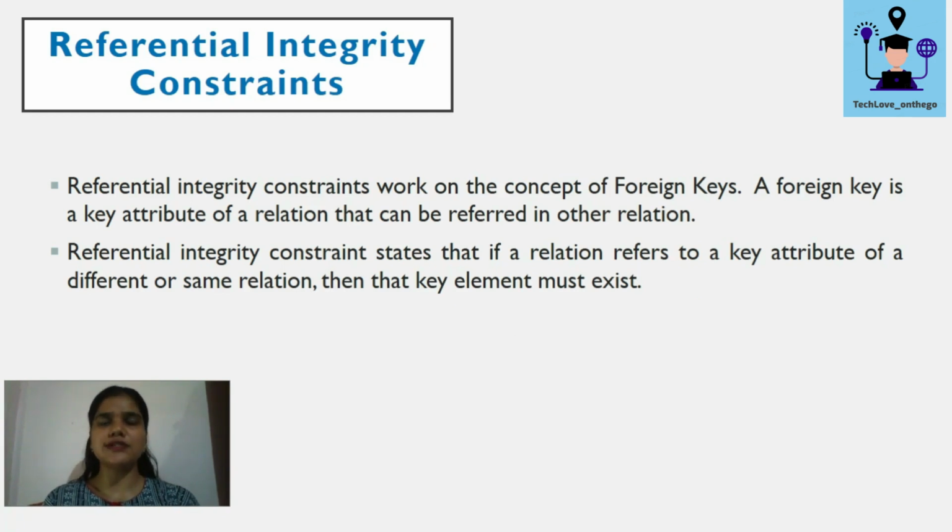I have also discussed the foreign key in my previous lecture, so you can go through those videos and learn about it. Referential integrity constraint states that if a relation refers to the key attribute of a different or the same relation, then that key element must exist. So whatever attribute you are referring to as a foreign key from another table or the same table, the primary key and the values which you are referring to in your foreign key should exist.